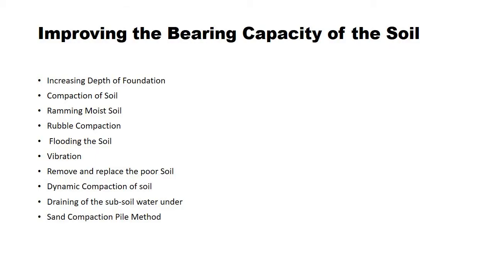So the third method is known as flooding the soil. The bearing pressure of very loose sands can be increased by flooding the soil with water. In this method, the water is flooded over the soil, so it becomes a very effective method to improve the safe bearing pressure of the sands, which cannot otherwise be effectively compacted. In such kinds of sands, sending water and letting them bulge out helps a lot.